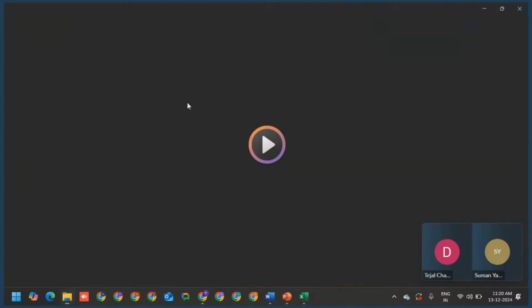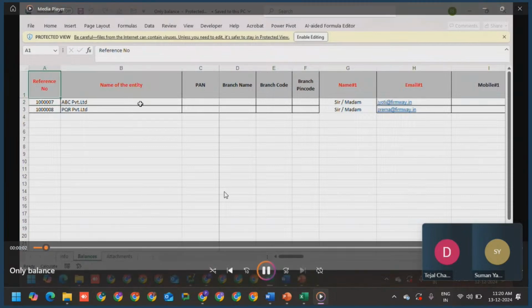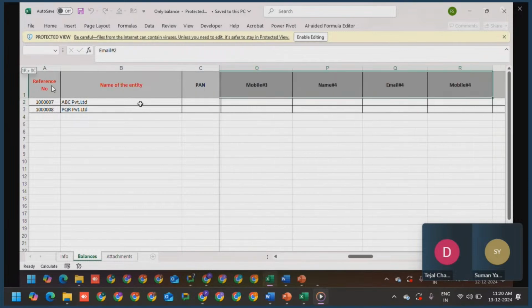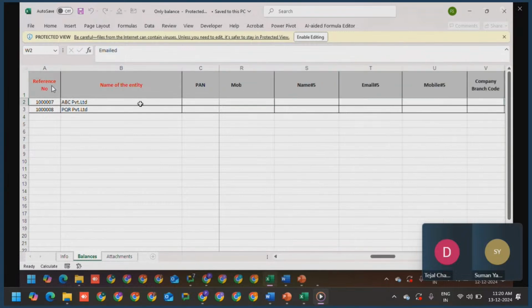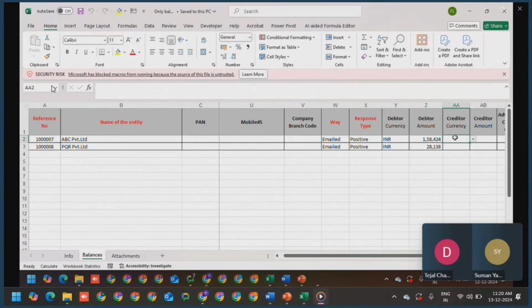So first we'll see how we will be rolling out the confirmations only with zip and how the input files are prepared for the same. Here you can see that we'll be using the confirmation file. The file has been prepared in a general way: reference number, entity name, name of the person, email, mobile number, and you can add 5 more email IDs for such. Moving along, you can give their name, the way we emailed, and the response type would be positive, negative, and blank. So as you can see on the screen,